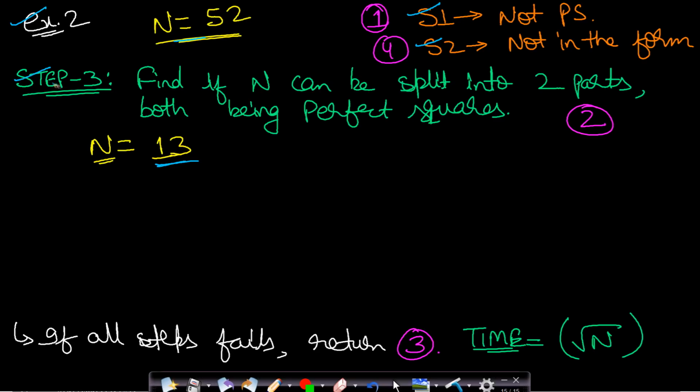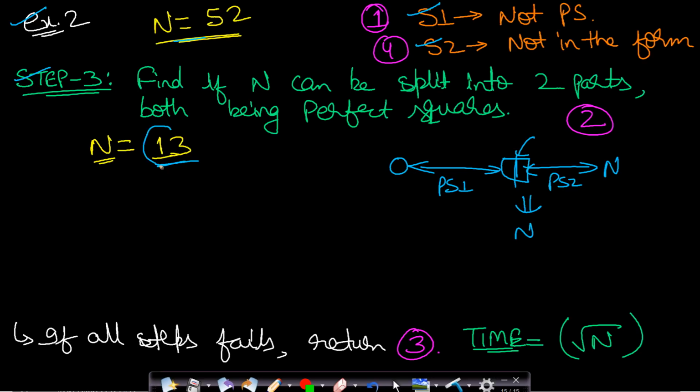So in step 3, what we will do is check for a breakpoint, that is, a point where, if we put a breakpoint, the left hand side will be a perfect square, the right hand side will be a perfect square, and on adding them we will simply get our number n. So the left part should start from 0 and the right should end at value n. Only then can this be valid. So we want to find just a single breakpoint. Now how do we find it? You can take this reduced value, it will work, and you can also take the initial value, it will also work. You can check this in square root of n time.